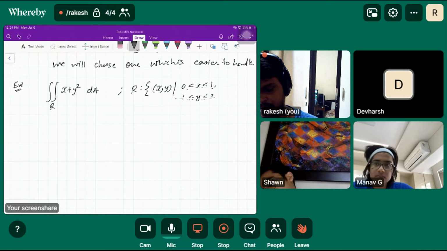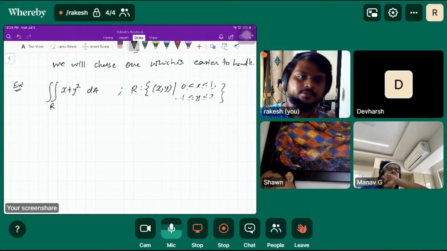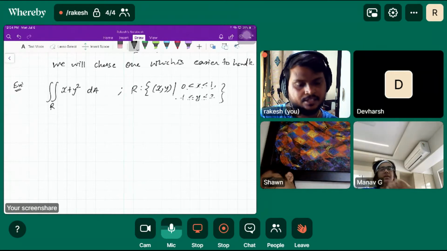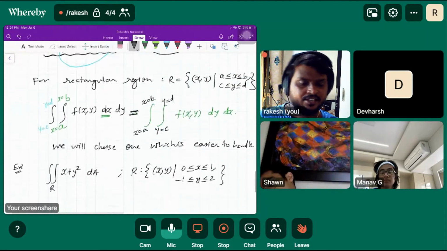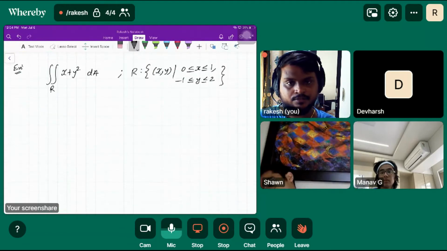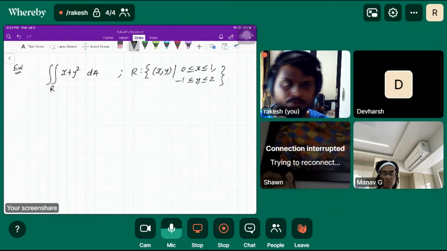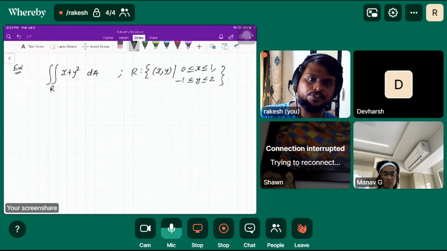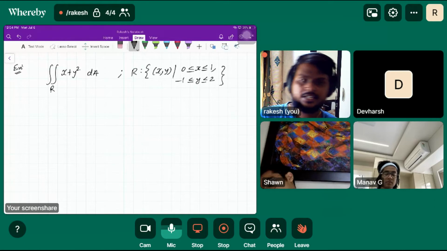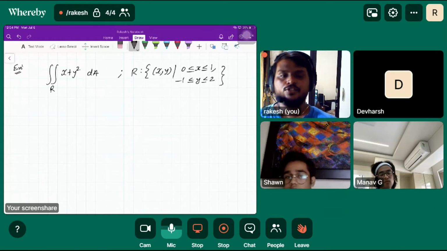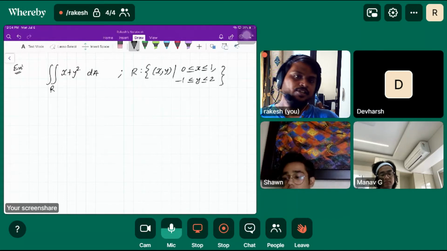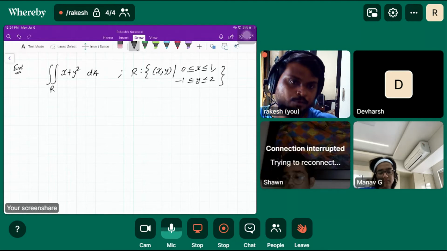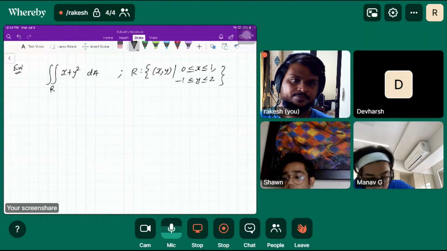So dx dy can be written as dA. I didn't write that, no? Okay. So dx dy can be written as dA. Actually, I left the working for you. You will have to figure out what is dx, what is dy, how integration will have different limits, what the limits are. So I gave you the region here, and I simply gave you the expression. You will have to work on it to find out the proper expression of the integration.